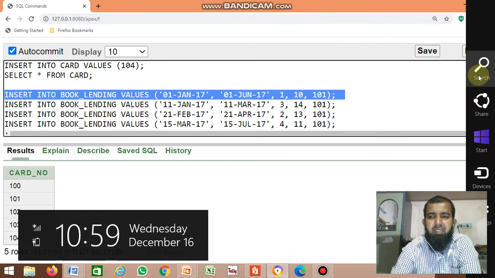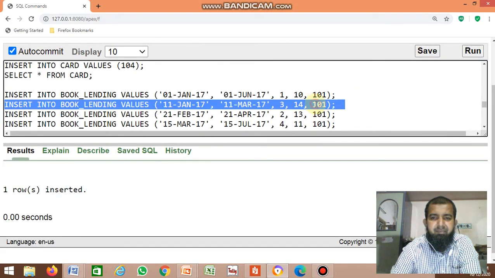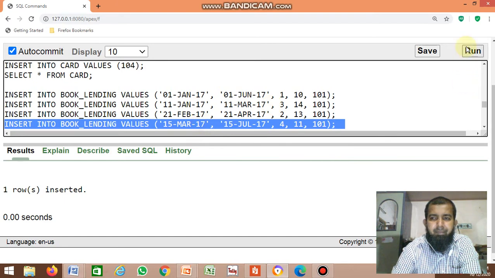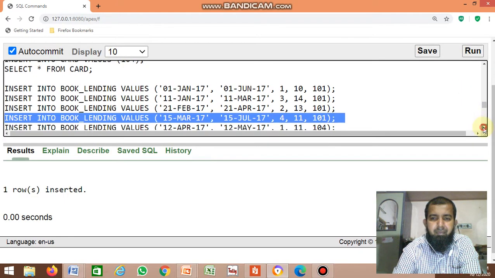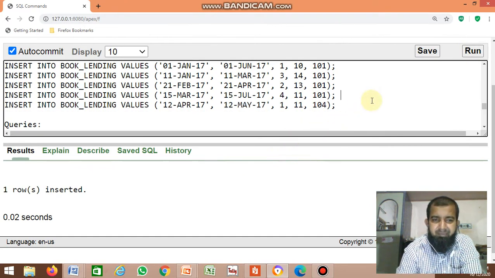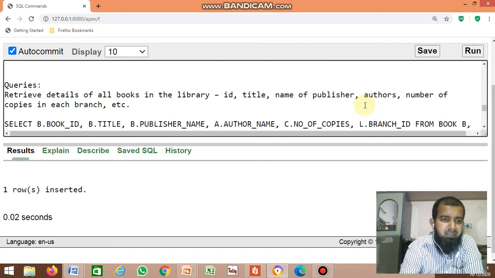Insert the values in the book lending table. Okay, so now display the contents of the book lending table: select star from book lending.